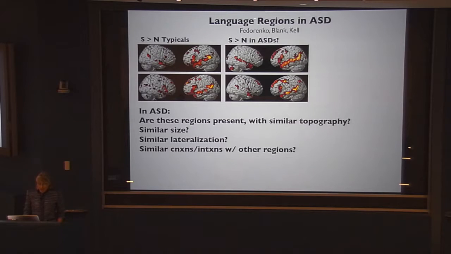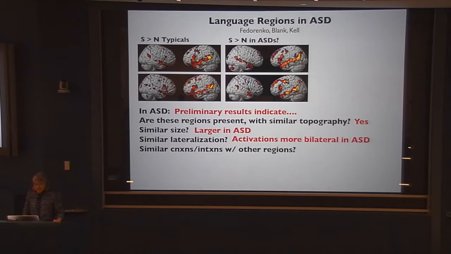Okay, so to summarize all of this, and as I say, we're still collecting subjects. I think given the heterogeneity, 20 subjects isn't enough. I think 30 is a bare minimum. We're having a tough time recruiting, but we just hired a new recruiter, so I hope we'll wrap these studies up soon. Anyway, yes, these basic systems are present with more or less the same topography in high-functioning people with autism. They are even larger in autism. They're more bilateral, less lateralized in autism, and they seem to show similar interactions with other regions of the brain.